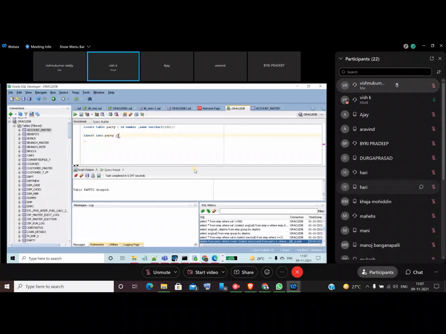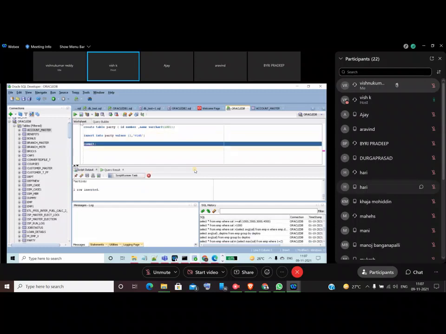Now you see, I'm inserting into party, and the name is something called conversion. Okay, so now data is inserted. Now insert into party with the values keyword.